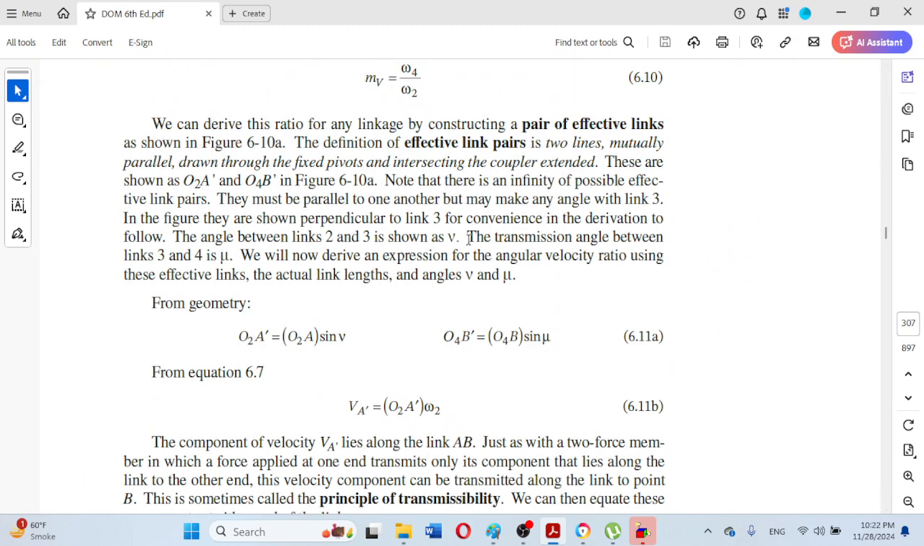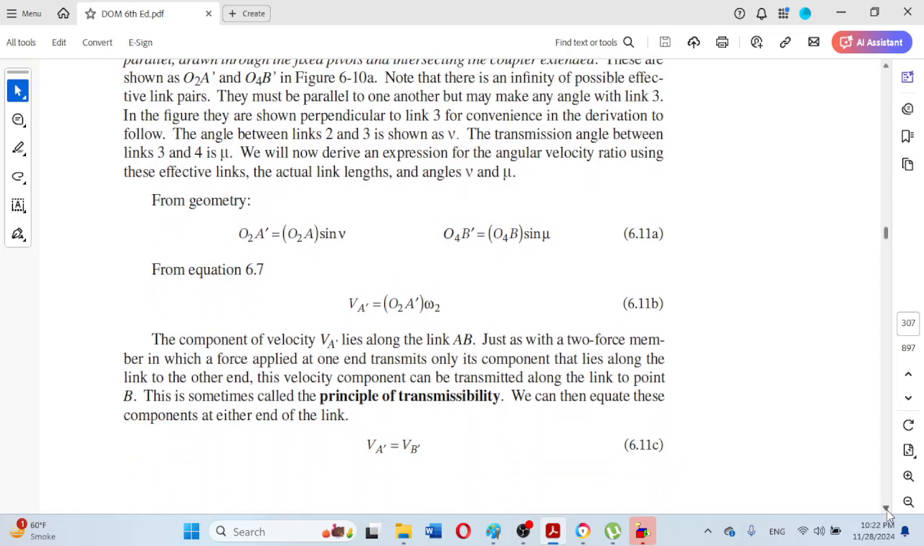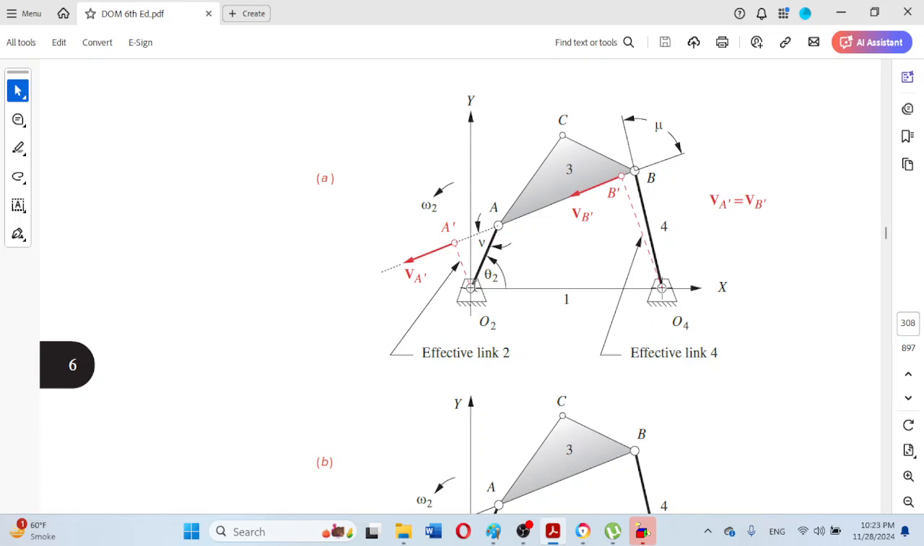Here it says that we will now derive an expression for the angular velocity ratio using these effective links, the actual link lengths and the angles V and mu. From the geometry, as we can observe here, O to A dash is O to A sine V. Here this is O to A dash, and if we consider the triangle O2AA dash,